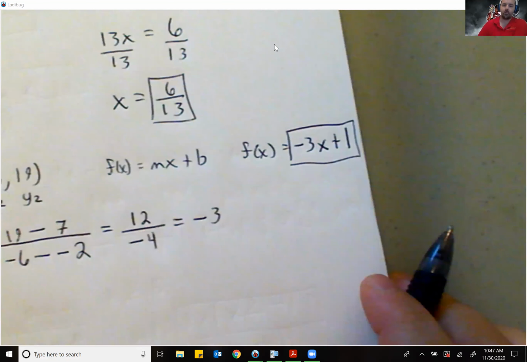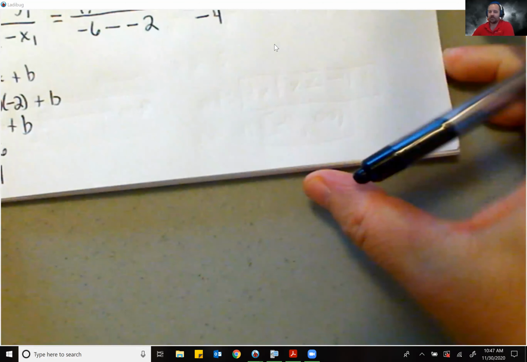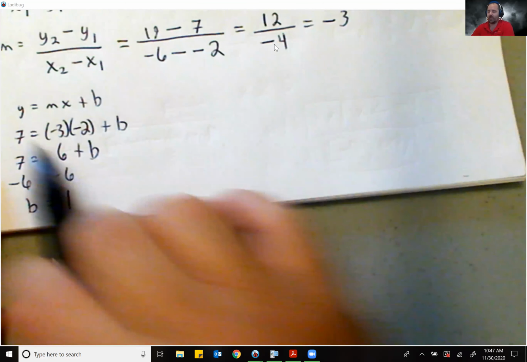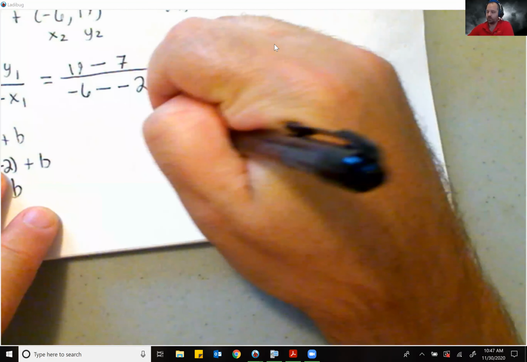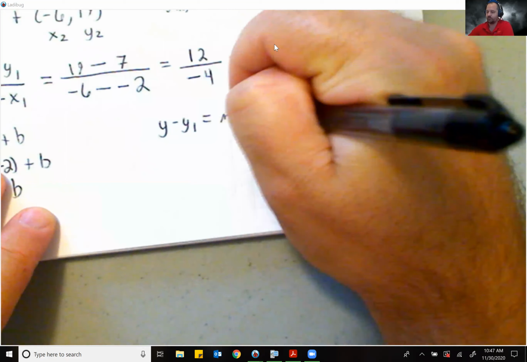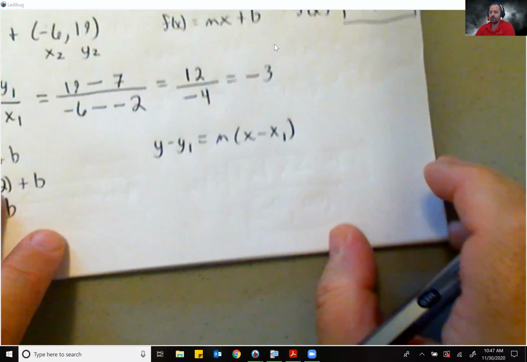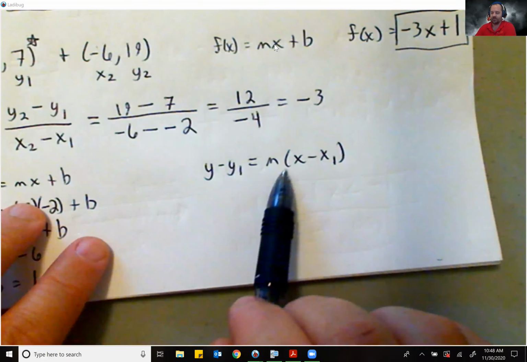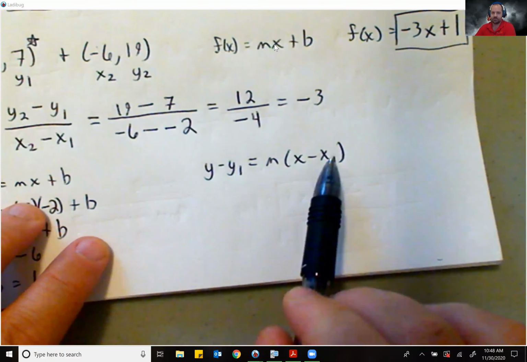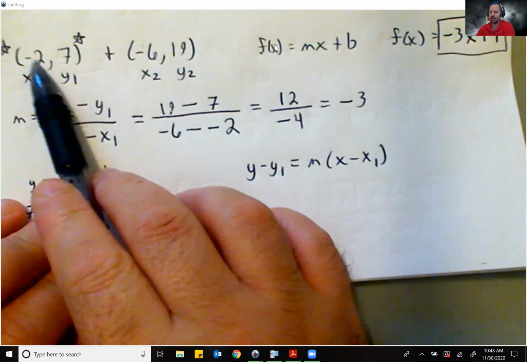Now, let me show you another way to get this equation as well. Some professors, and I am one of them, like to use what is called point slope. y minus y1 equals m parentheses x minus x1 to write our equations. I like point slope because it tells you everything that you need. It tells you that you need the m and you need a point,